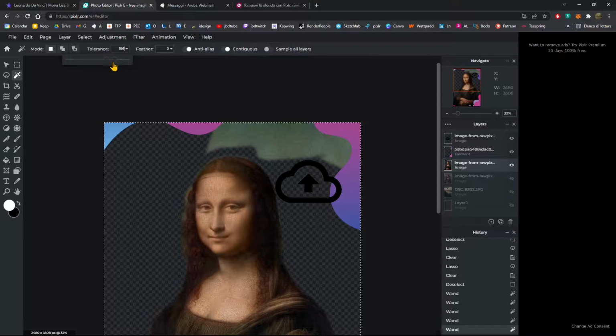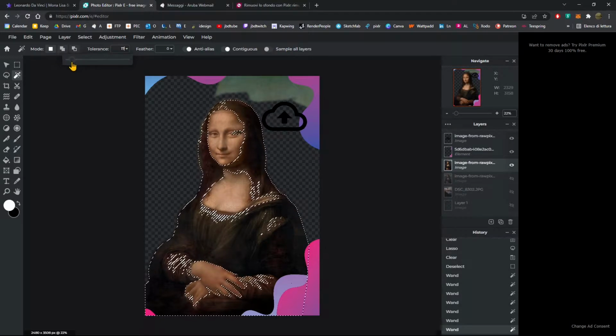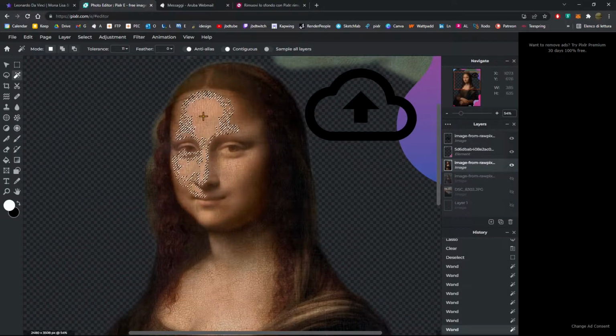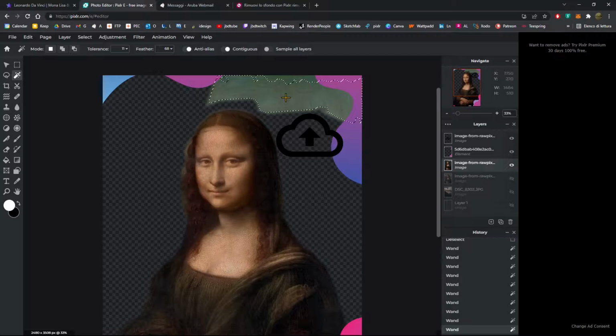There you go. So right now we can make some experiments on the rest of the image. If I click there, you can see it's taking all the image, but if I decrease the tolerance, now it's taking all these browns, and if I decrease it more, it's going to take only that shade of pink and so on. So this is the tolerance. And then again, you have the feather, just like you had before with the other tools. Also, contiguous will select only the parts that are not separated, and if you uncheck that, it's not going to care